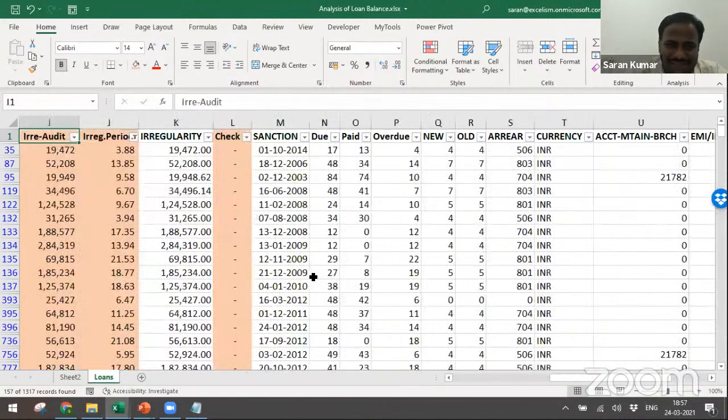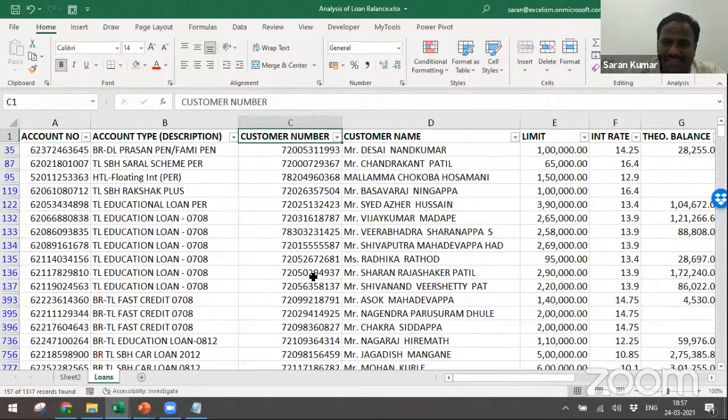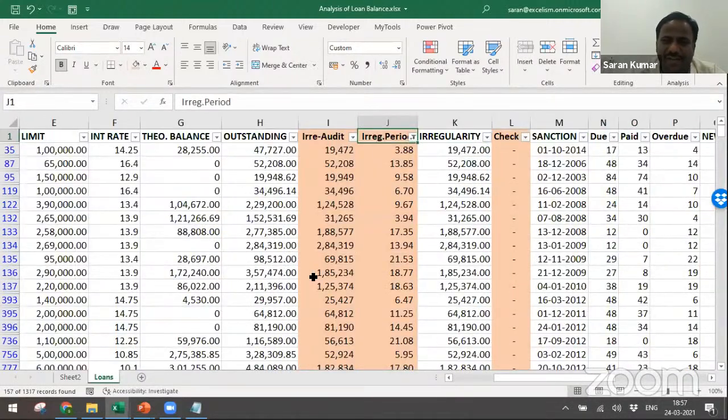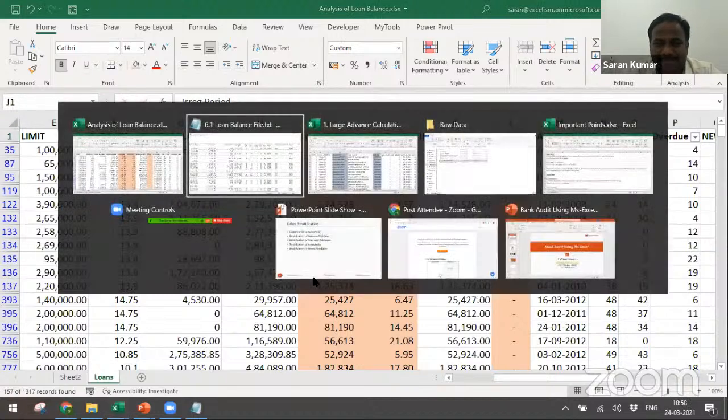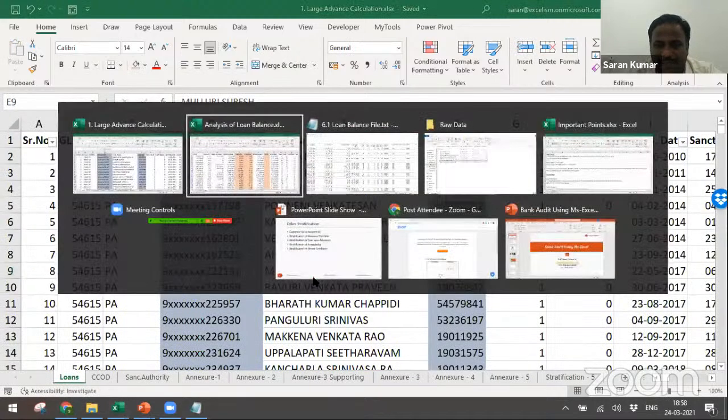Because in other cases it may be interpretation related, but in this case there is no interpretation. It is straightforward NPA, unless there is proper evidence or a change in the system and so on. So that's the reason this column is very important. Any questions here? I'll look into the questions. Any question in this part of writing the formula?